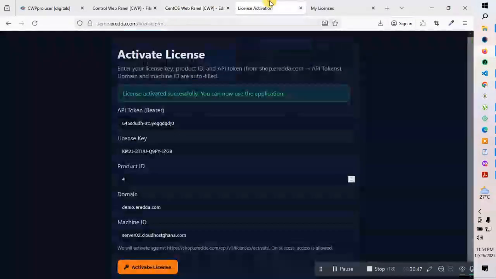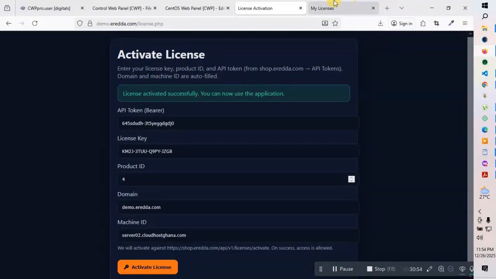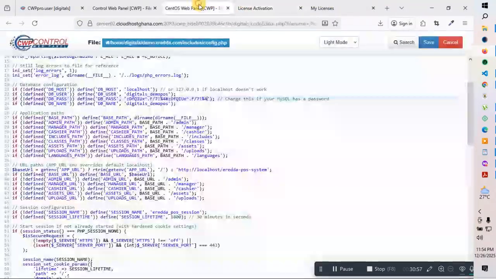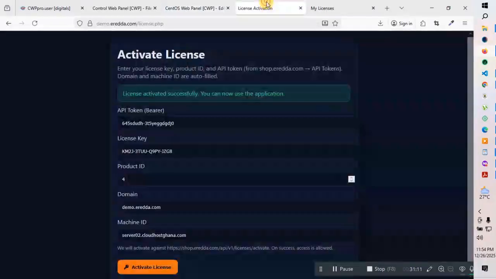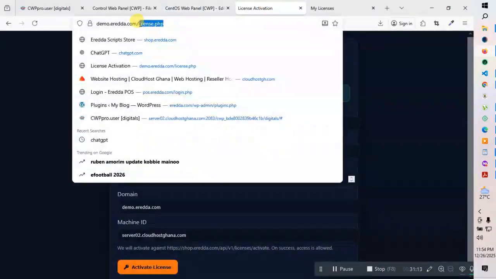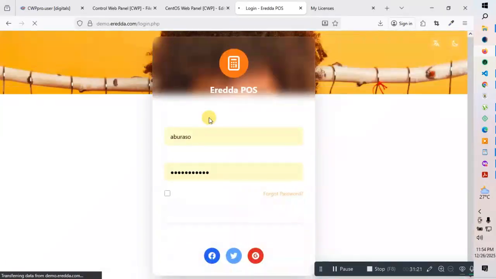We can get it from here, our new link, or I will just copy that. Good. And go back there. I will delete everything from here and paste this. Good, and save that. Now it's successful. Let's come back here. I will then delete this license and leave only the main domain and click enter,